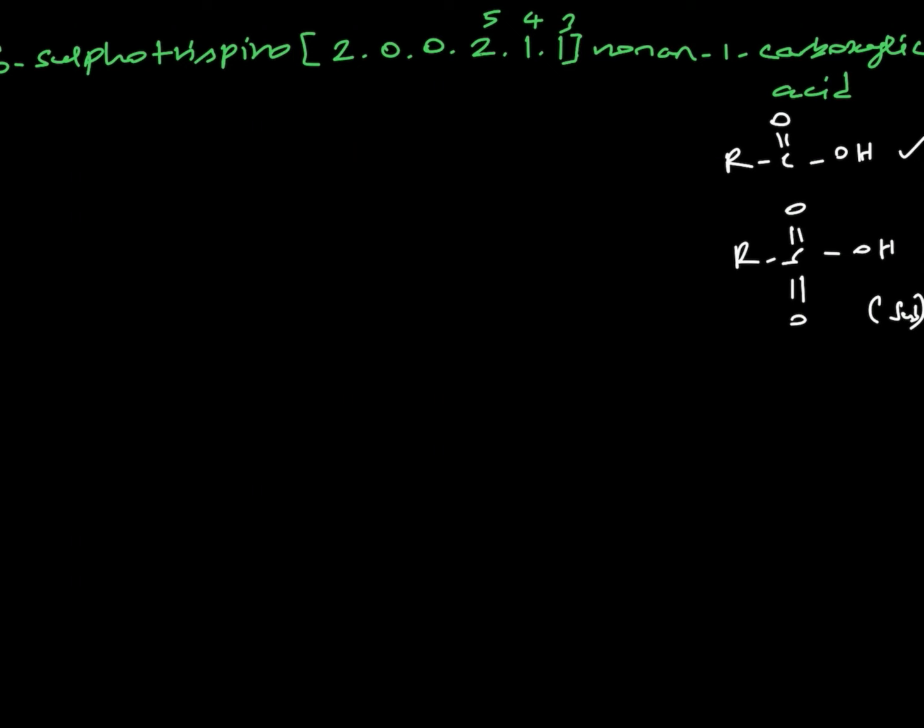Trispiro means we have 3 spiro centers. So 2 plus 1 means that we have a 3-membered ring. So let's first write down the 3-membered ring first. So 1, 2, 3, and then this 0 means that the spiro center is connected to another spiro center. So that is 4, and then we have one more spiro center connected to another spiro center, that is 5, and then